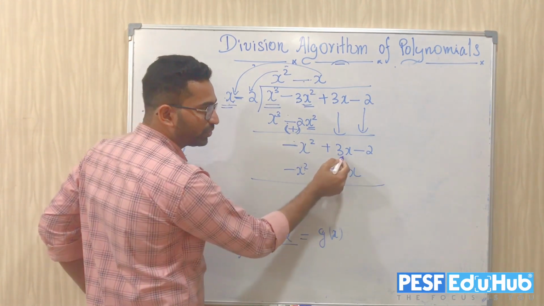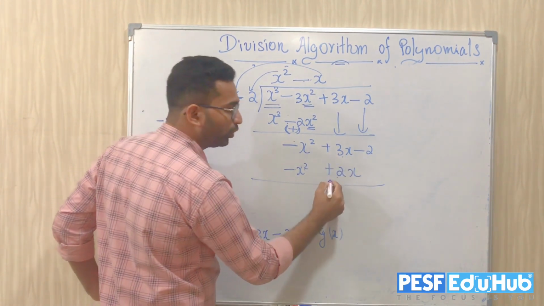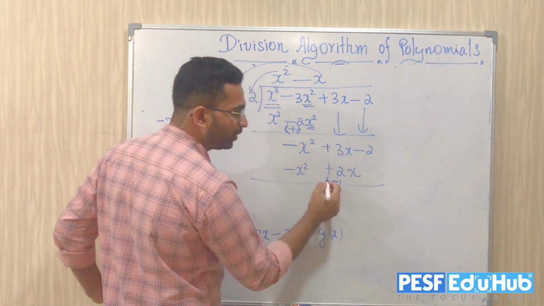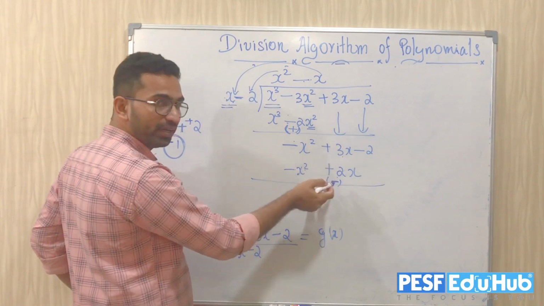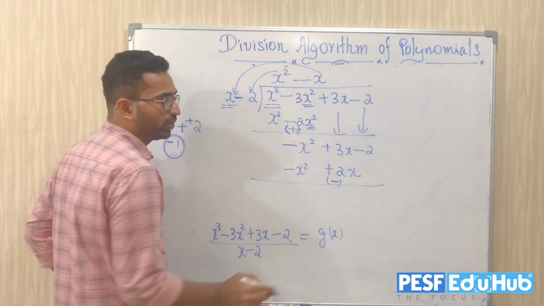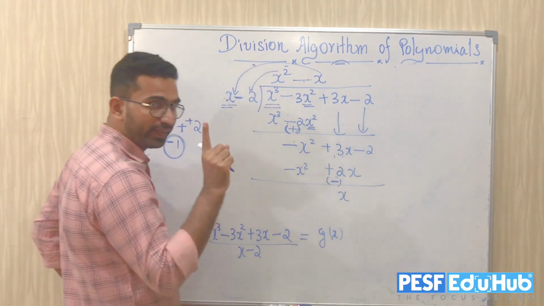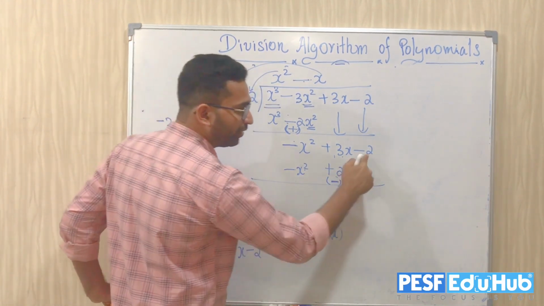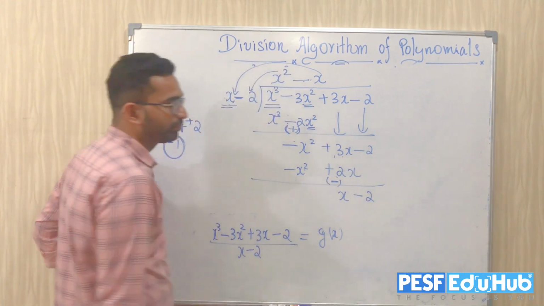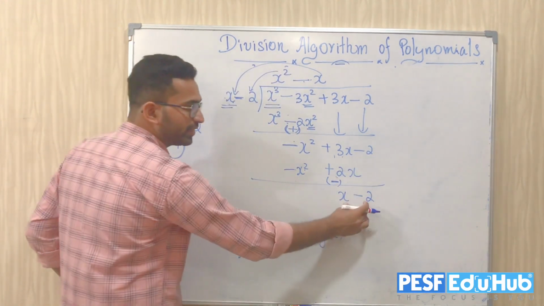Leave it. This is 3x and 2x you are going to subtract. Okay, this is addition only because 3 plus, 3 minus plus 2 becomes minus only. Okay, 3x minus 2x is how much? 1x, but we won't write that 1. And what is here? Minus 2. Okay, see, this is x minus 2.